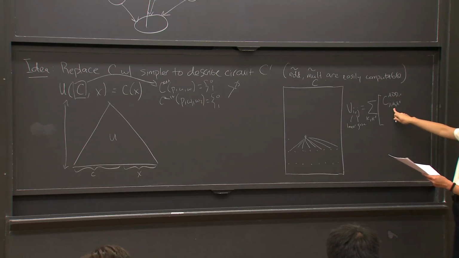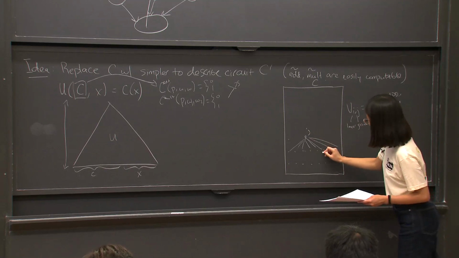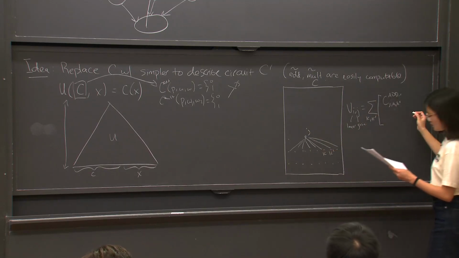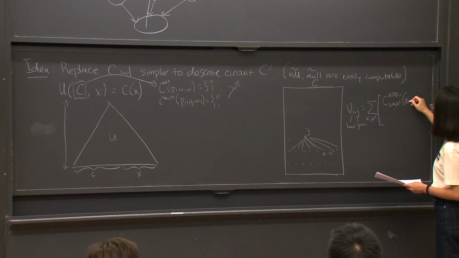It's going to be whether C has an add gate corresponding to the 3 gates you're picking. So this is j, and then maybe k and k prime. And then times the